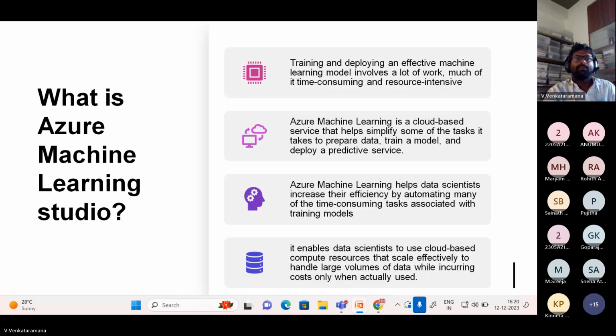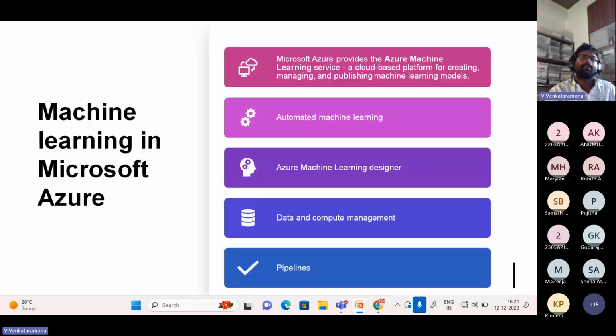Okay, I will finish this one. So coming to machine learning in Microsoft, what things are available in Microsoft Azure? Actually, Microsoft Azure is a web portal, a cloud system, so it has different